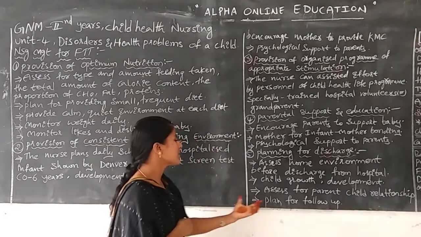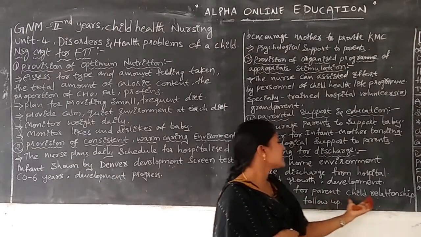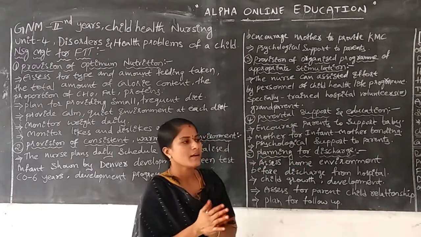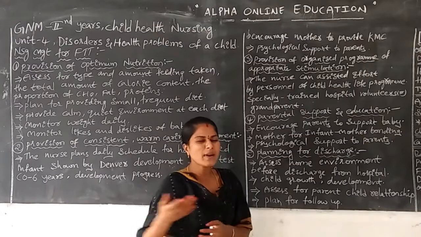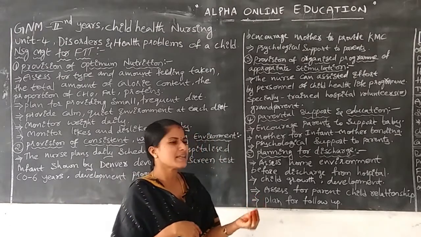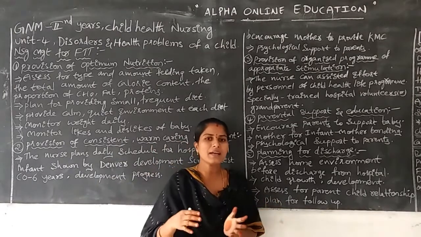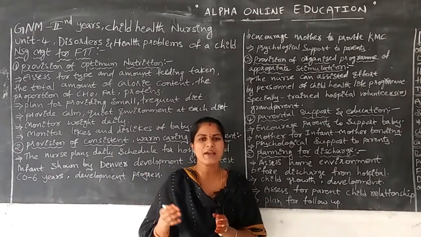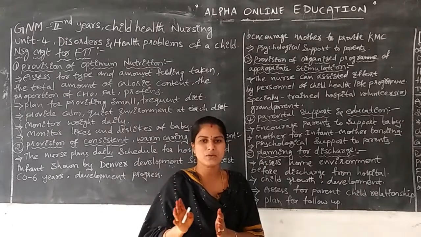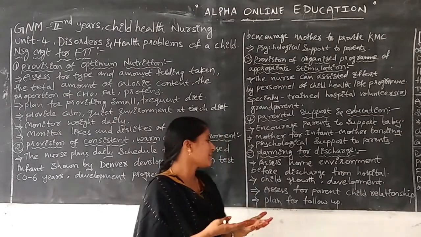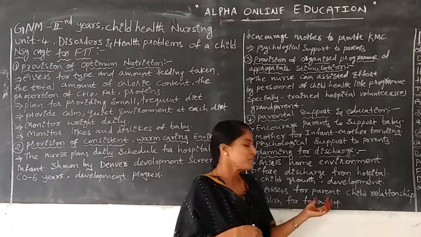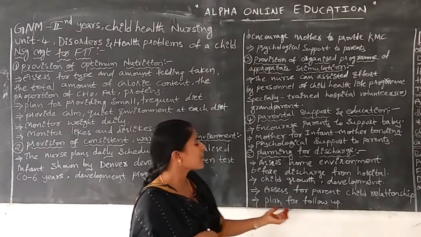Next, the last one is to assess the parent-child relationship. Some parents show harshness, laziness or avoidance. If the child is regularly unhealthy and has no immunity, the parents may avoid their children. For prevention of children's avoidance, as a nurse we have to give some guidance. Next, the last one is the plan for